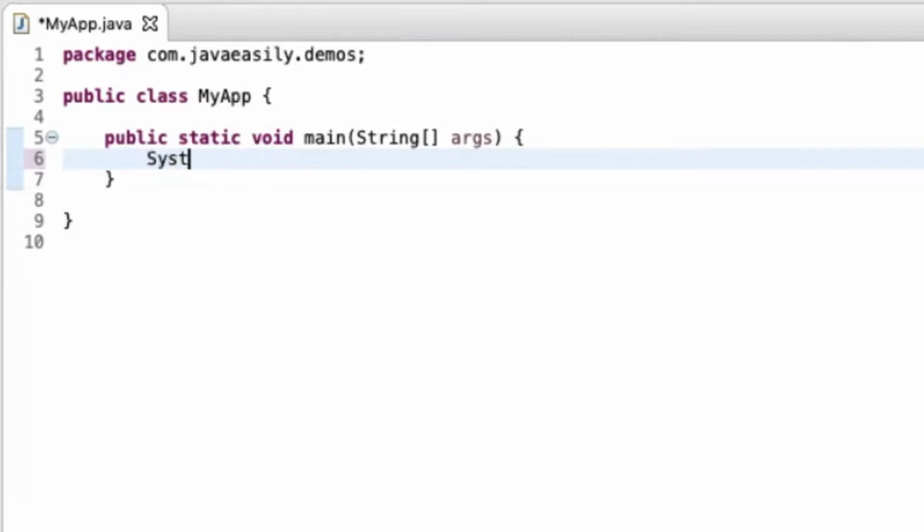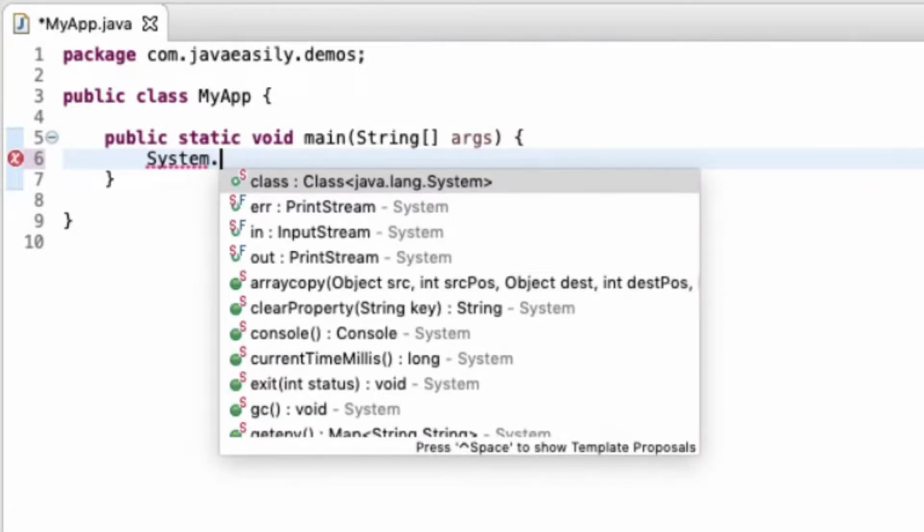So to do this, we use the system class, which is part of the JDK. And you'll see here that it's in the java.lang package. So that's one thing to know about Java, that any classes which are in the java.lang package get what's known as imported automatically for you, which means that you don't have to explicitly declare that you want to bring some class in to use it. Now, we haven't looked at imports, but basically if you want to use a class from another library, typically what you'll do is, between the package statement at the top on line 1 and the class declaration on line 3, you'll use an import statement. And the import statement will be something like, for example, import java.util.List, if you wanted to reference a list from the java.util package.